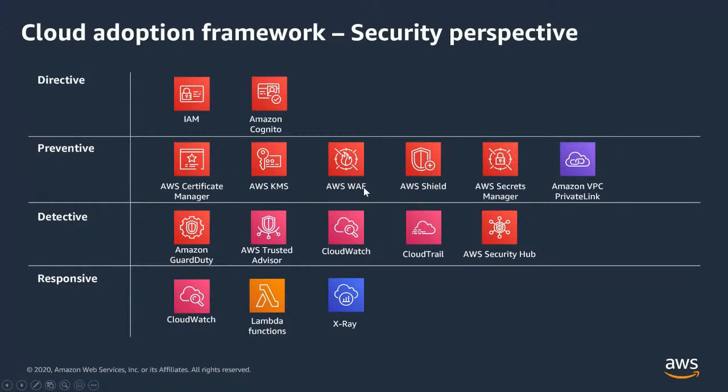Similar to that, you have WAF, and then you have Shield and Secrets Manager. WAF is a web application firewall that allows you to configure rules and plug that into any entry point on your applications, like API Gateway, CloudFront, or a load balancer. Based on the rules, it will check whether a request is valid or not, and if it isn't, it will take a certain action for you, based on how you configure the rule.